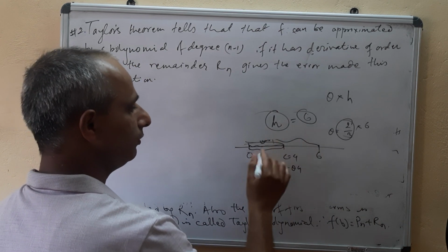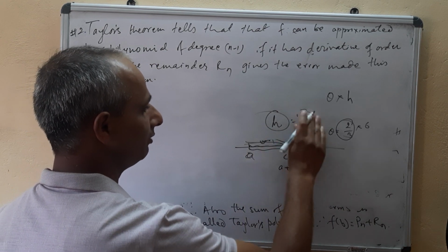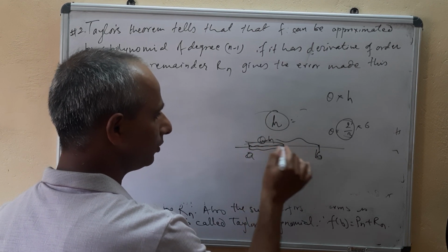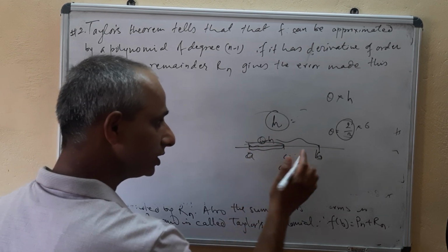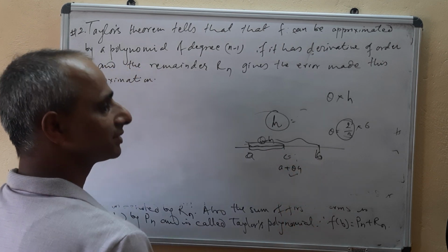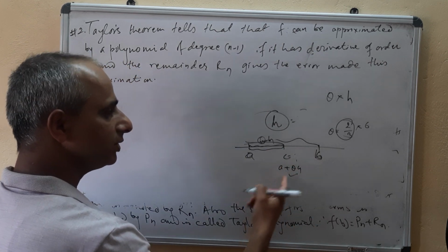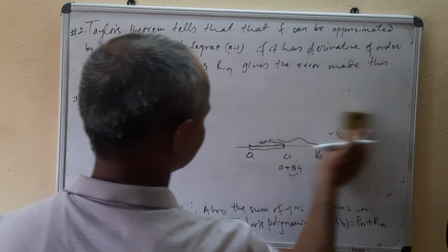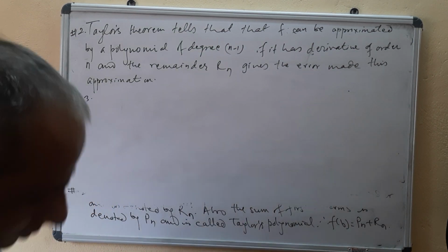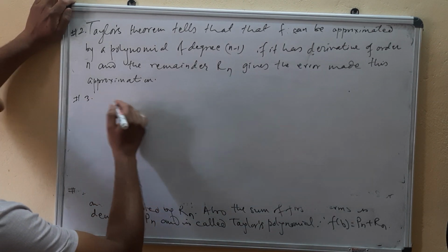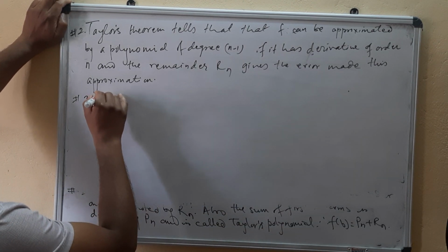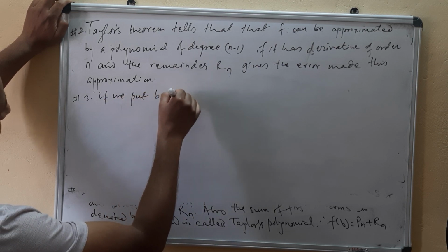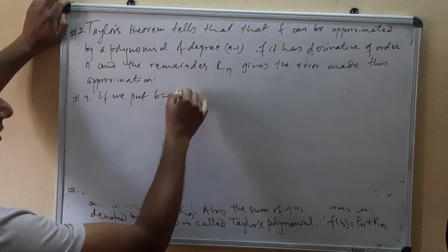So if you write a and b, and the height is h, and this is c, then the distance from a to this point c will be theta h. So c will be equal to a plus theta h. In place of c, we will be writing a plus theta h. If we put b equal to a plus h, or b minus a equal to h, whatever you see,